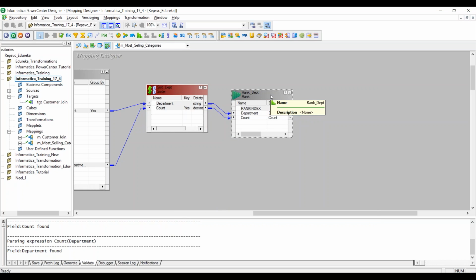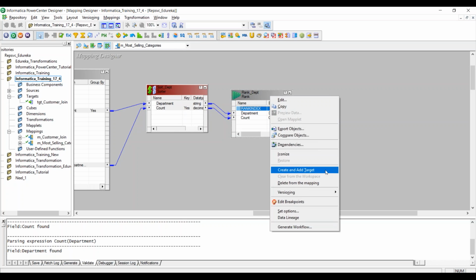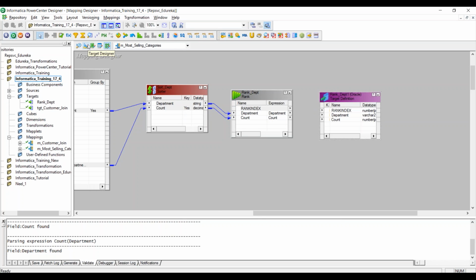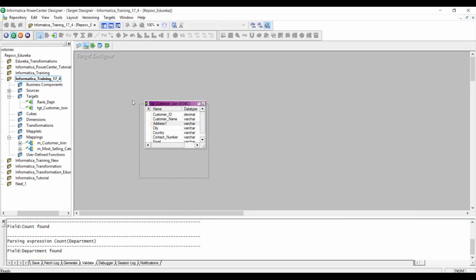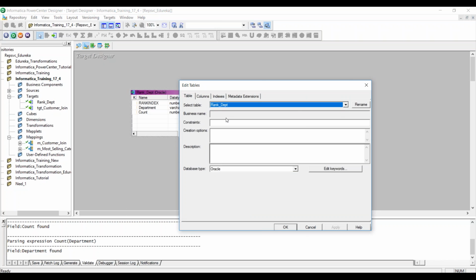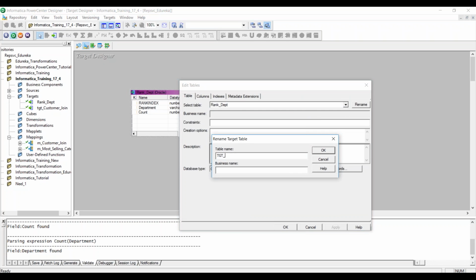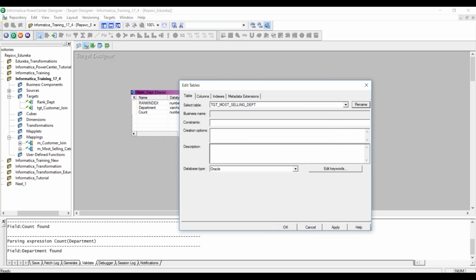Now finally, I need to create a target definition. Now my target definition can be same as my rank transformation. So just right click on it and go to create and add target. I'll just modify my target definition here as well. Let me clear this. I'll rename it as TGT underscore most selling department. Okay, so again, I'm going to store this as part of my database, but let's say I want